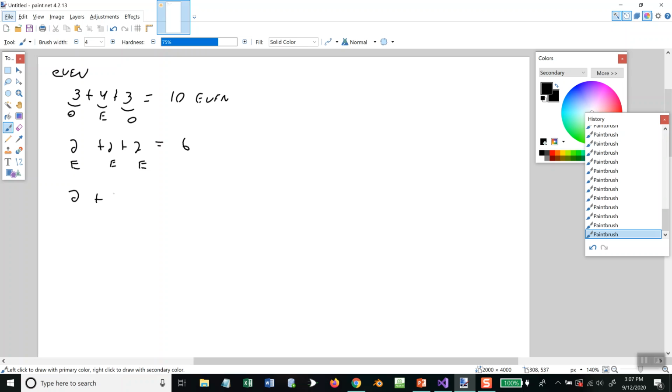How about if I have two evens? 221. That gives me 5. Even, odd. Okay, one even, two evens, three evens. So the question is about zero evens. 1 plus 1 plus 1 gives me 3. I could go through and verify all this, but it appears like the pattern is